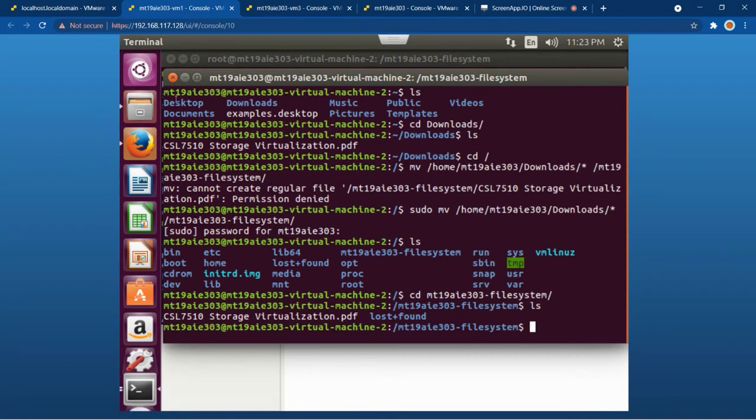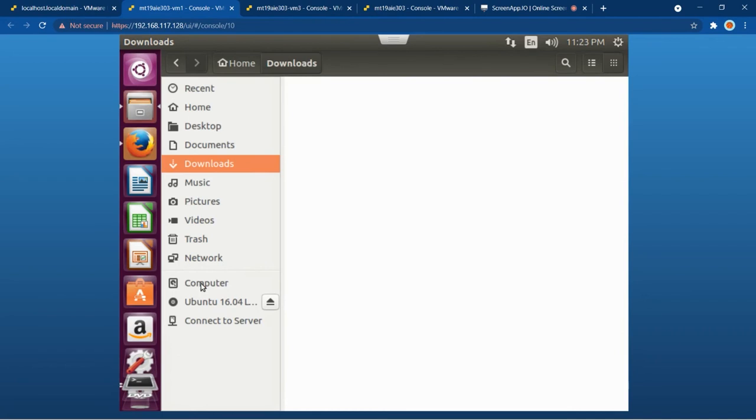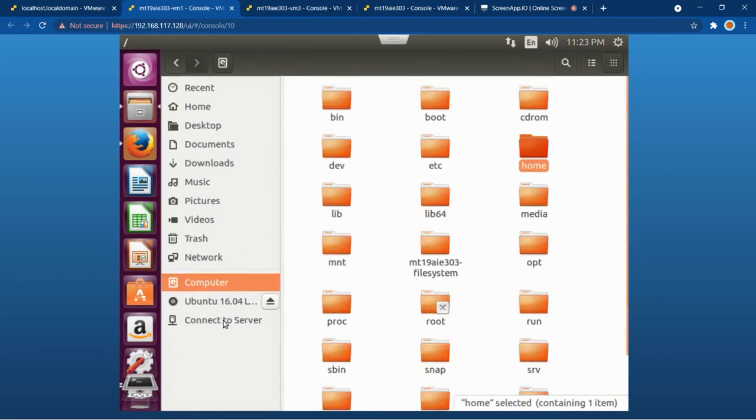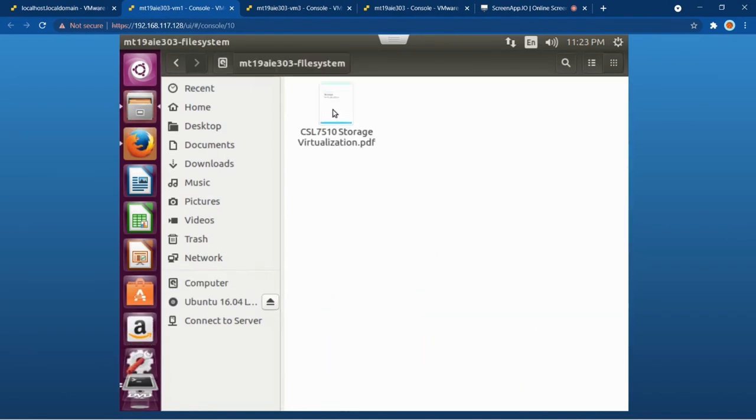So if I go to my file system, I am able to see the file which was moved from downloads to here.